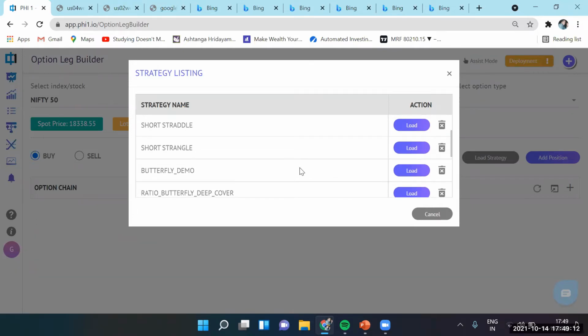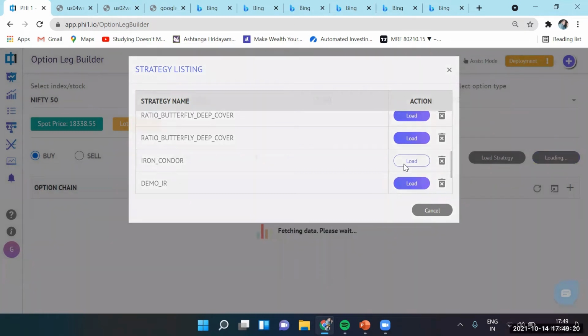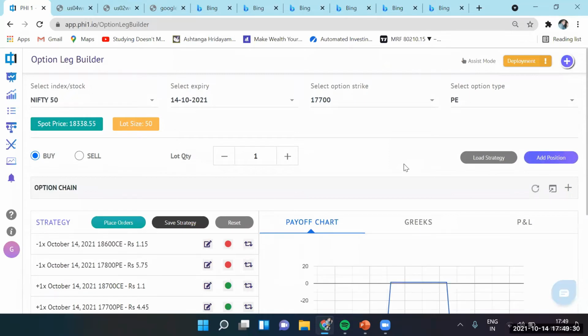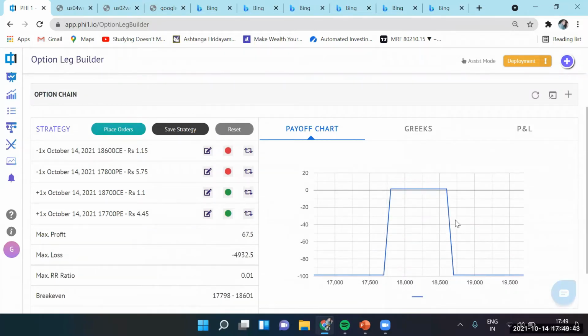And now let's load slightly more sophisticated strategy. So let's load an iron condor. And all these strategies are also part of an example of how easy it is to create, backtest, and place these orders. You can create non-standard strategies also where you have 5 legs, 7 legs, disproportionate amount of lot size based on the risk that you're ready to bear and the exposure you want towards the reward. All right, so you see on the graph now, it's again a good visual check that you have an iron condor strategy. You are selling,